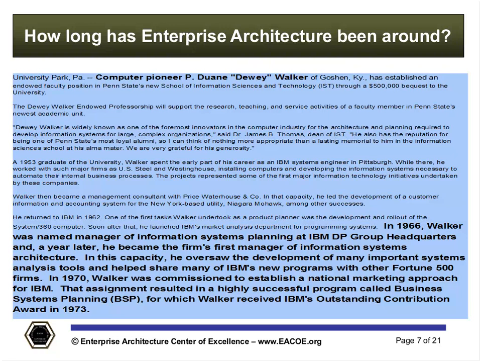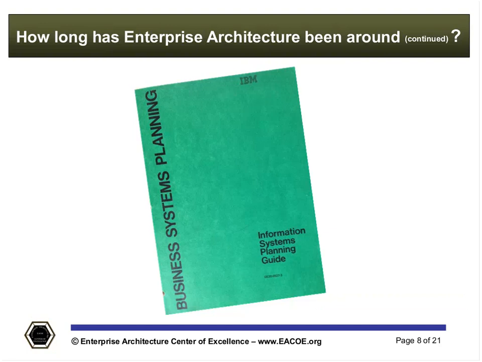And they established this program called Business Systems Planning. That's what Dewey and his organization of 4 people developed in the early days. And this is a picture of the manual that they published many, many years ago. And I want to show you, I have a copy of this thing. The reason I show it to you is not to brag. It's just to say this is real. This has been around for almost 5 decades, 4.5 decades. And as I said, we're into 3.0 of enterprise architecture. Just as a point of reference, why do I say 3.0?